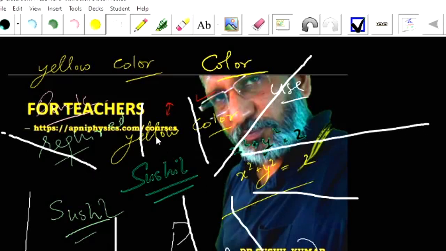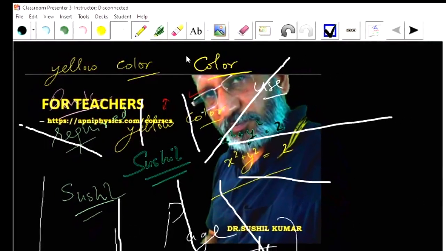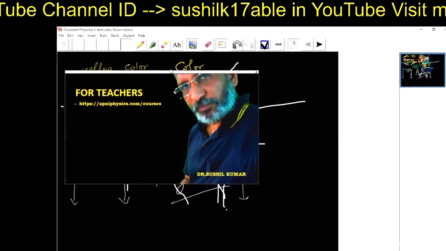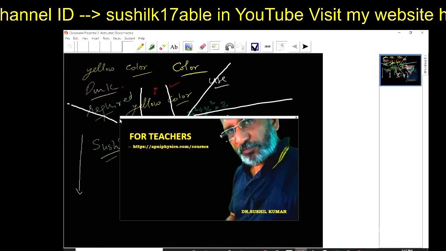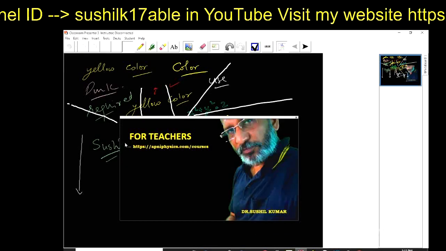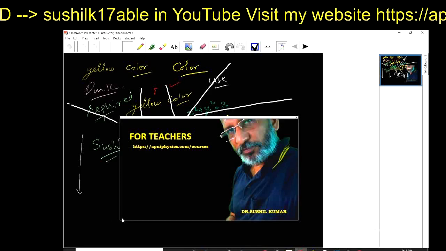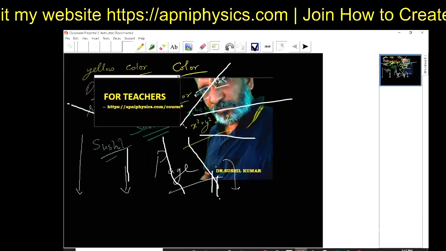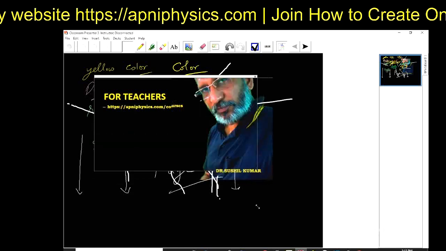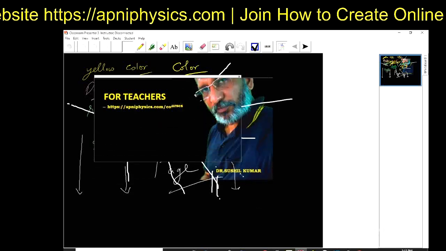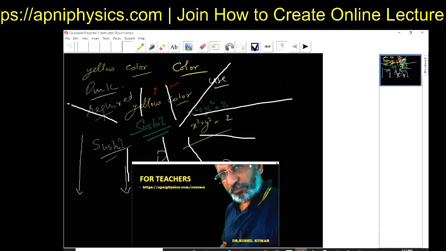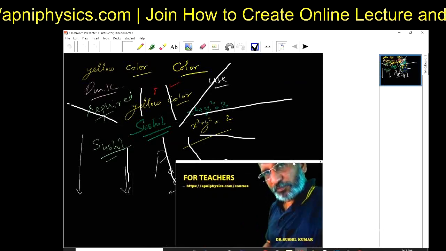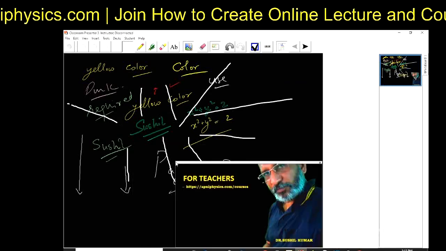So what I need basically is to drag it here and there. For that, I have to just click Move, select the image, and drag it. If you want to reduce the size, you can reduce the size through the corners. By this way you can reduce the size of the image, and you can put it wherever you want by dragging it. So I am dragging it to this particular point.